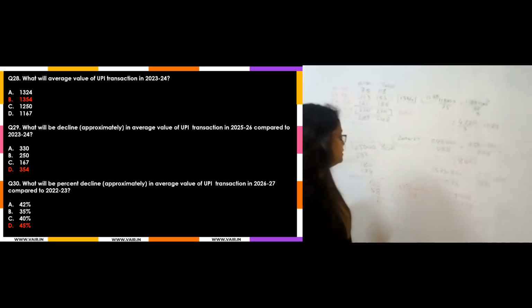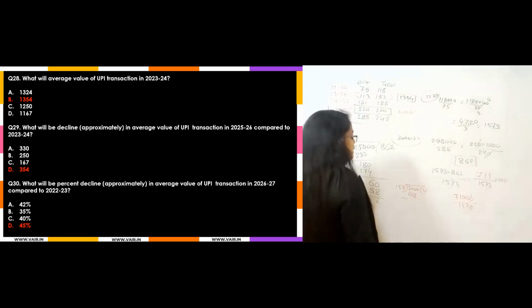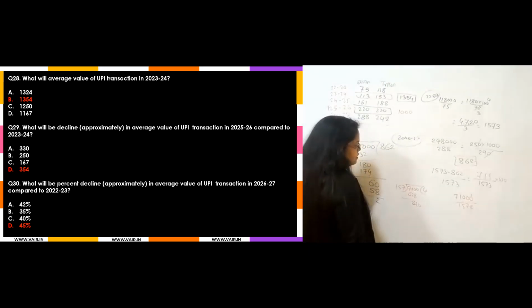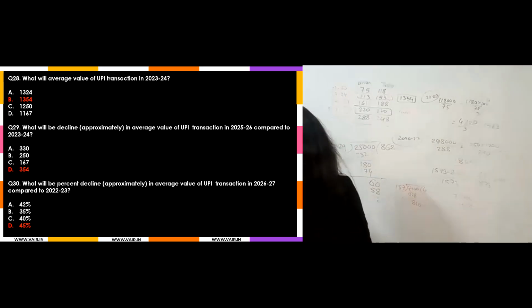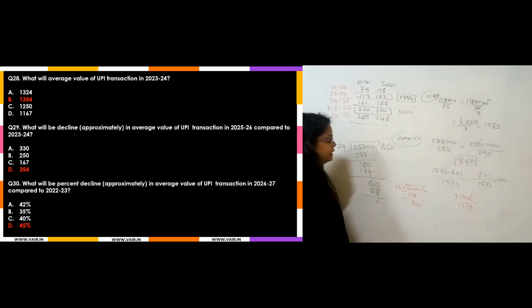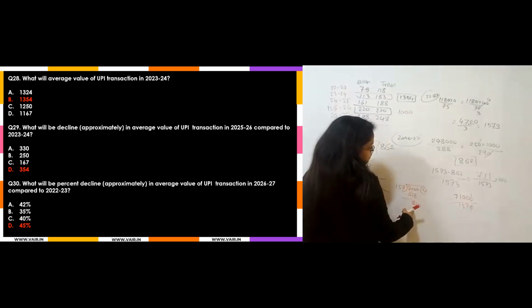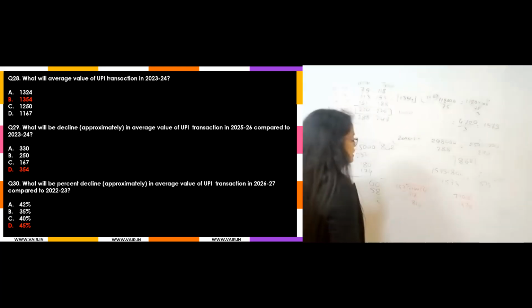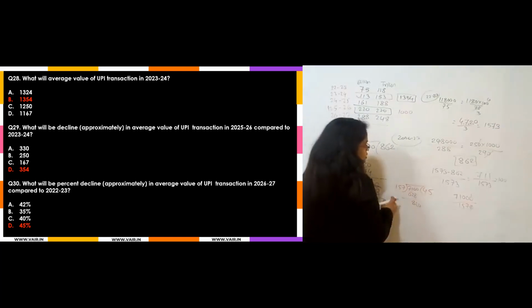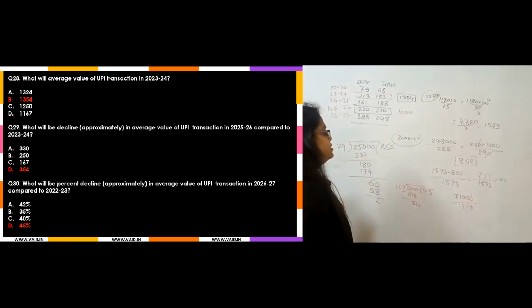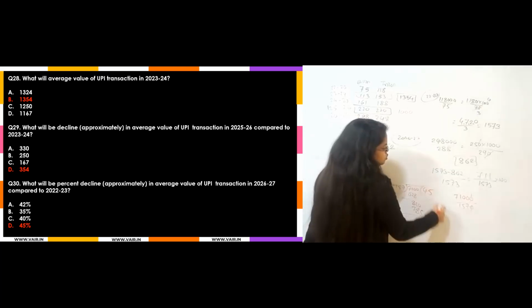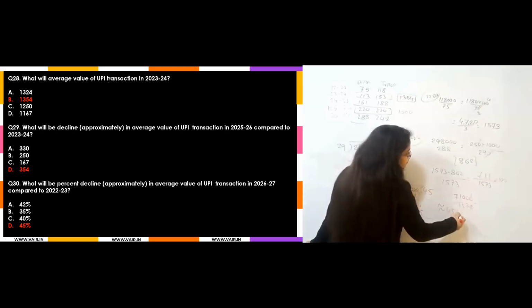So how much is left? 30 means 70, 82, then this 0. So it will be around what? 5 times, because 6 times will be 900 something. You can see it is nearly equal to 45%, because this one will be 5 times or 6 times. 6 times will be 900 something. So 5 times will be 750, 750 plus 35 will be 785 and something. Which is nearly equal to 45%.